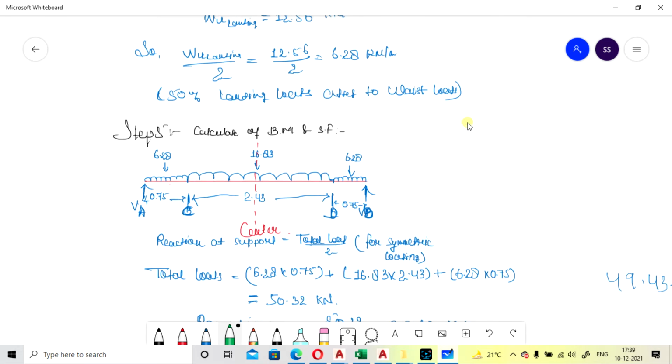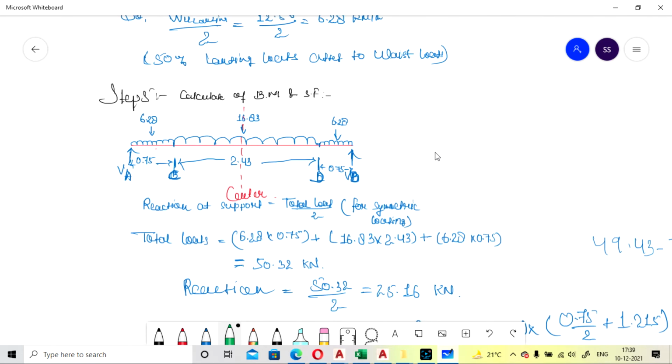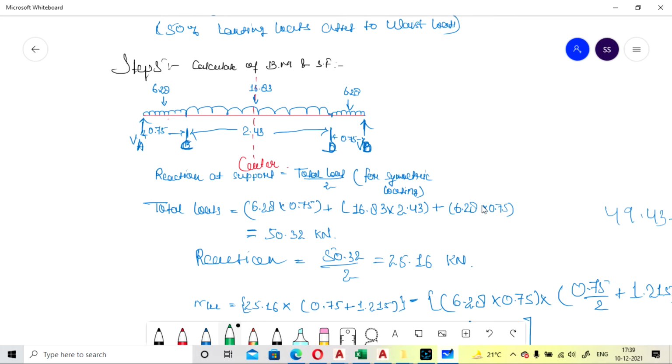So now for calculation of bending moment and shear force, this is for the base slab.